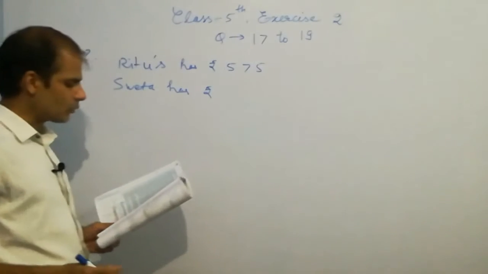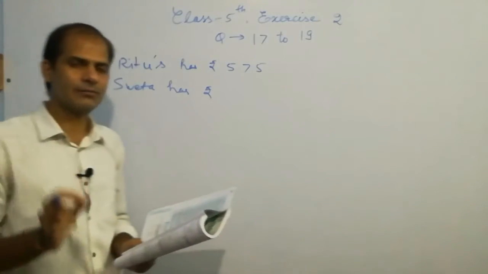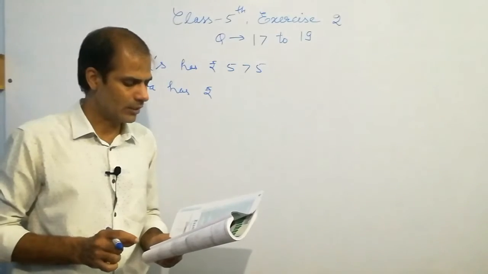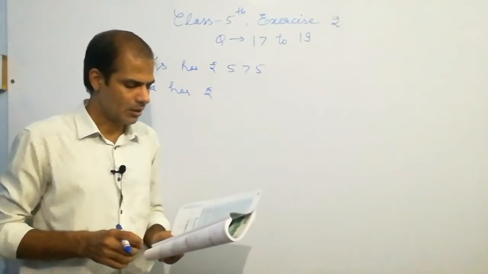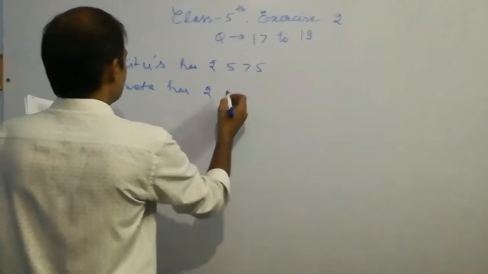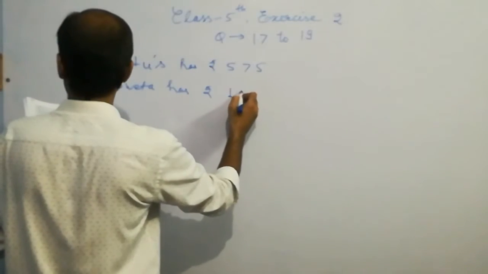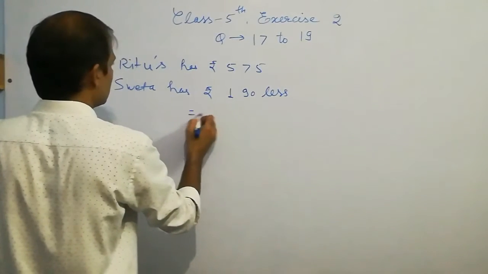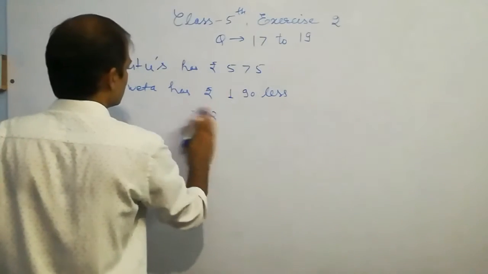It is given that Shweta has rupees 190 less. The meaning of less is you have to subtract. Okay, less का मतलब होता है कम, and so we have to subtract rupees 190 less. So it is equal to, you have to subtract,